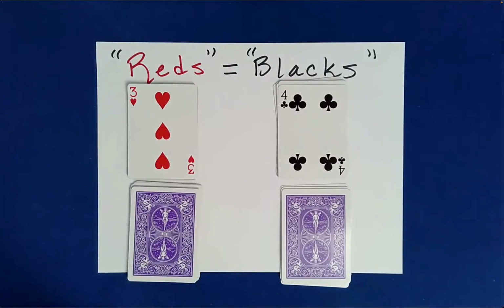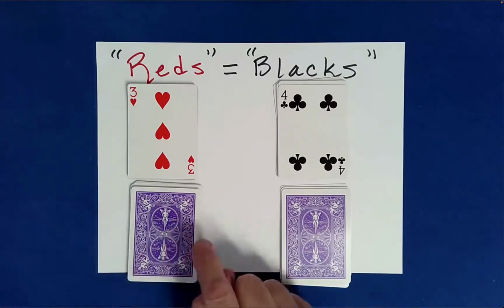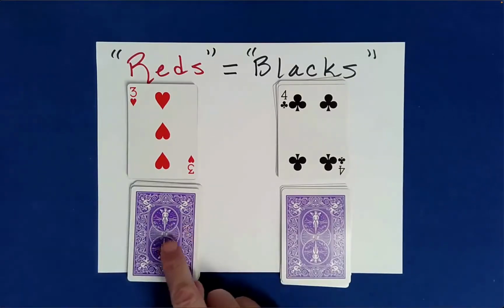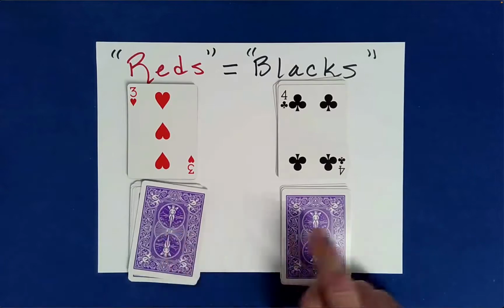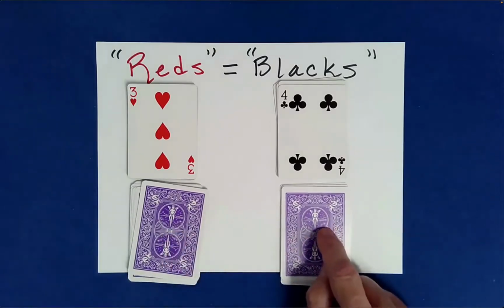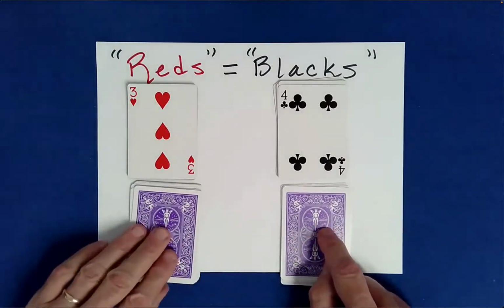Is there anything that we know that might be kind of fun to reveal? Well, it ends up, and it's kind of hard to believe, really, that the number of red cards here must be equal to the number of black cards here. Okay? So